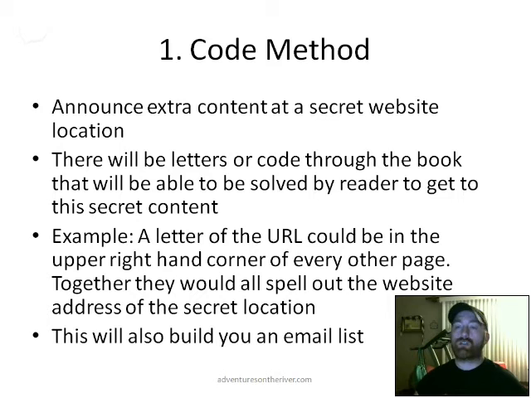throughout the book. Those are going to be like letters or code. And when they gather all these letters or code, it's going to give them the URL of the secret website, right? So basically, imagine if every page had an extra letter at the lower left-hand corner, and the letter didn't make any sense. It was just an A down there for no reason, right? But if they flip through the book and they spelled out all those letters together, they spelled out the name of the URL of this website, and when they type that in, boom, it takes them to